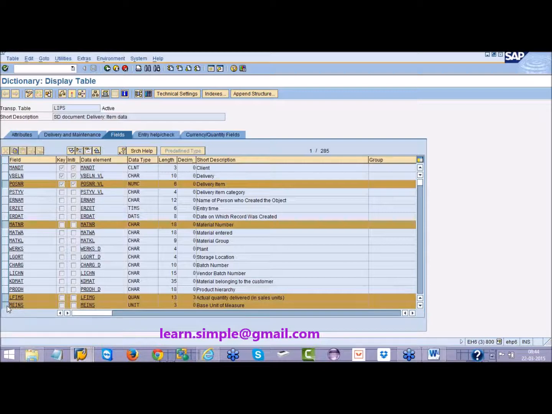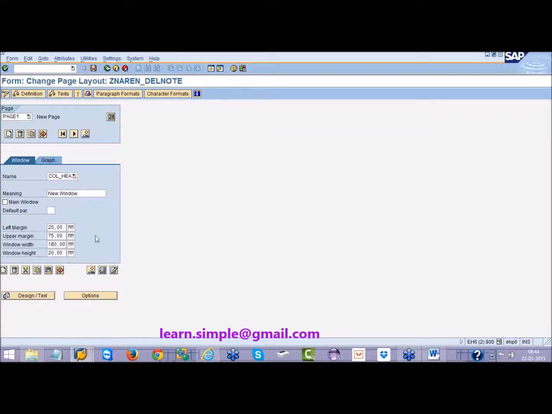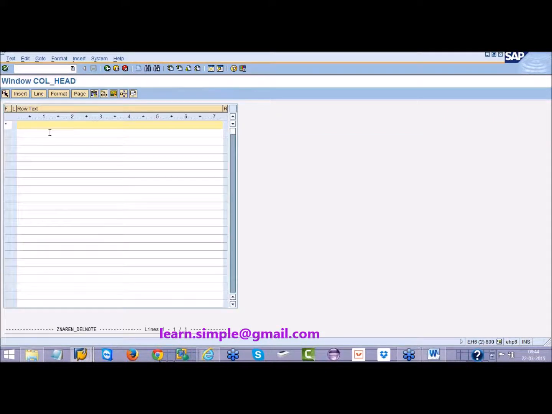These fields I want to display. So for these fields I want to provide the heading. How to provide the heading? Go to the column headers, put here delivery item, or I will say item number,